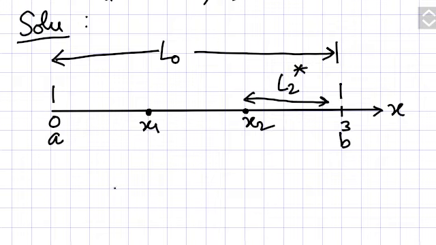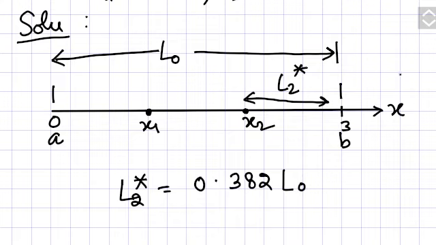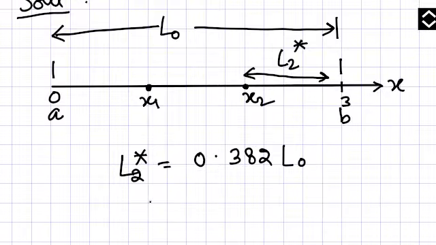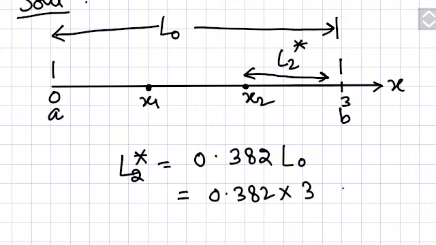So the formula to decide this distance, L2 asterisk, is equal to, here you see this carefully, we take this time, this is the golden ratio actually. It is also found in nature, just like the Fibonacci numbers. So if you put your values in this, we are using the golden ratio here, it will also give us a quick result.